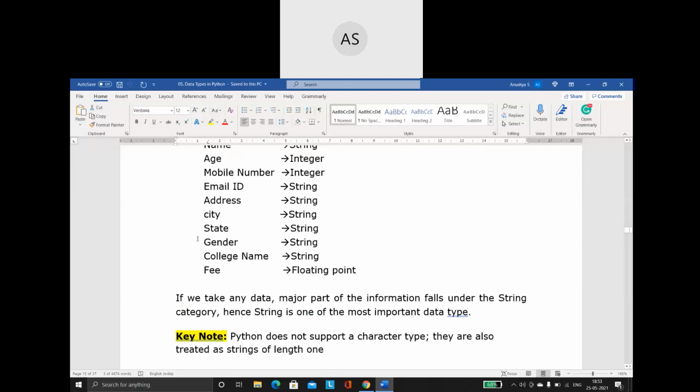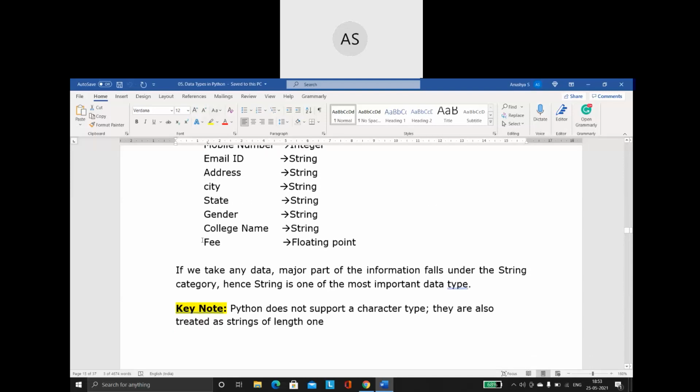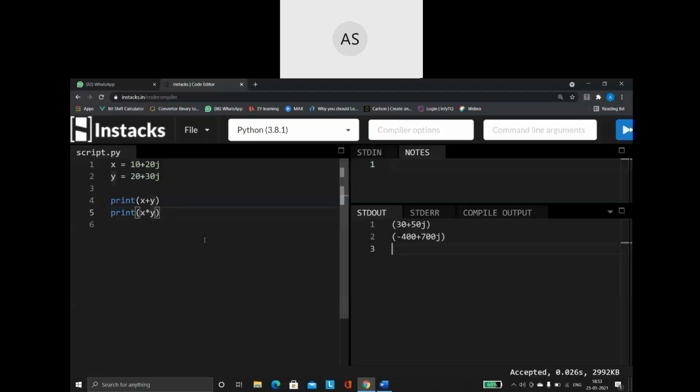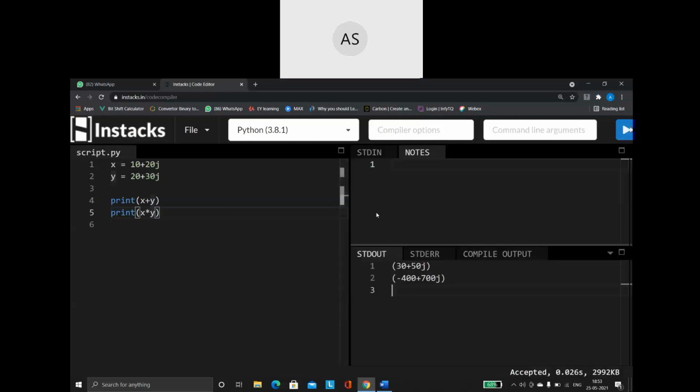Right. Here there is one important point that you have to remember. In other programming languages, we have two different things. We have a data type called char, which is used to store a single character.